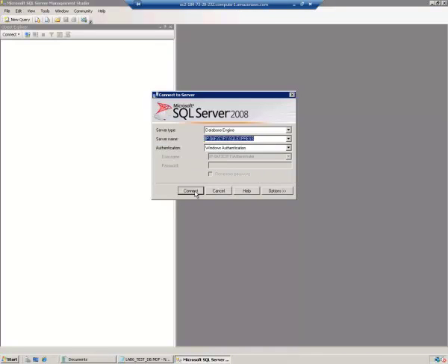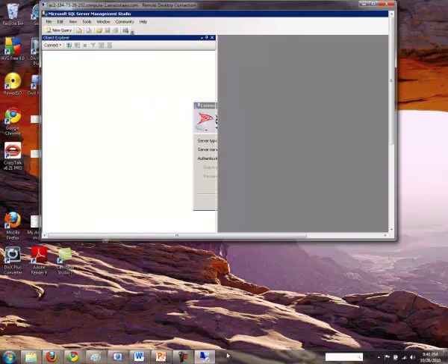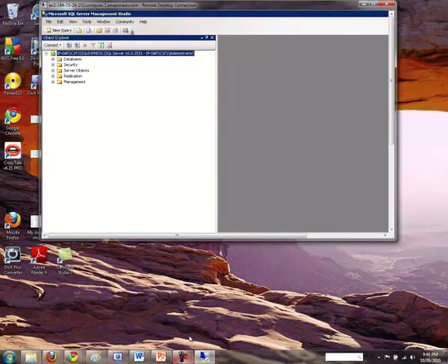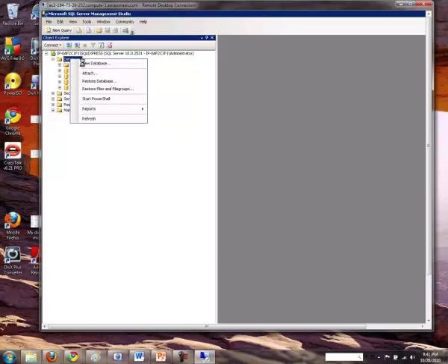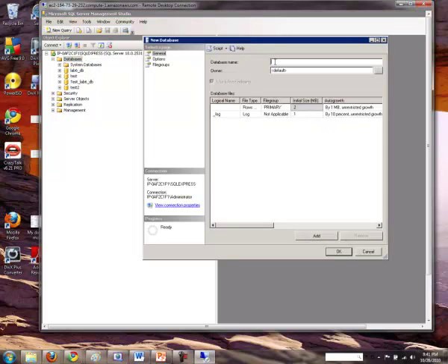And then I connect using the normal Windows authentication. Once I get connected, I should see all the available databases. Now let me create a new database. In order to avoid duplicates, whatever databases you create, prefix the database name with your group name.